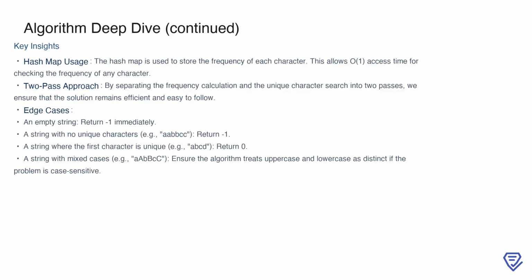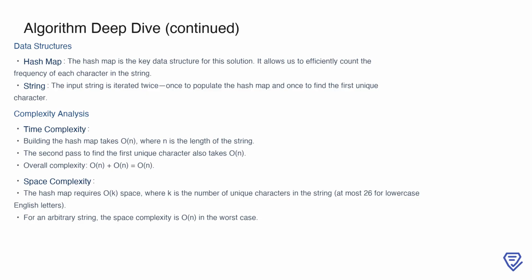Additionally, if the input includes mixed cases, such as ABCC, we ensure that uppercase and lowercase characters are handled distinctly, assuming the problem is case-sensitive. The choice of data structures plays a crucial role in the algorithm. A hash map is the primary data structure used to count the frequency of each character, offering efficient lookups and